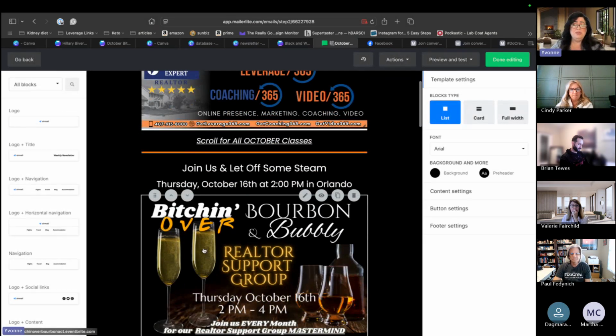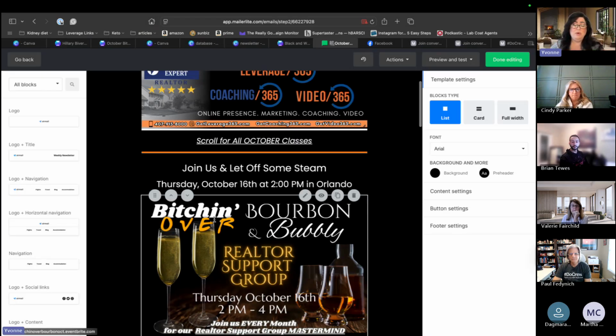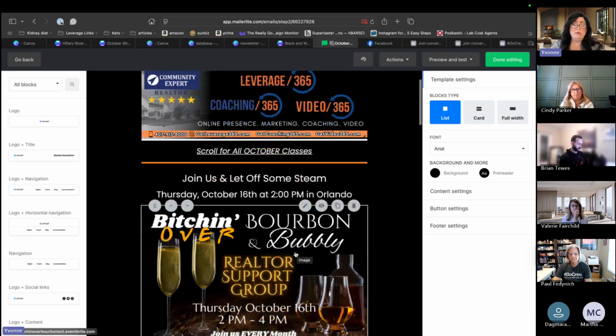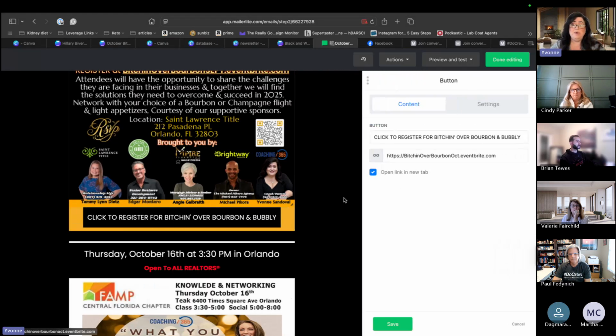All of these on the left-hand side are the blocks that you drag in when you're creating your email. Say I wanted to have a button here, which I do, click to register. I click on the button, and this is where the URL link goes. Then make sure you click open link in a new tab, and then you save it.